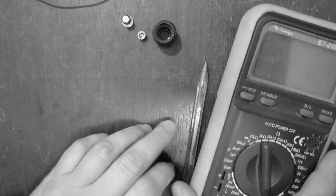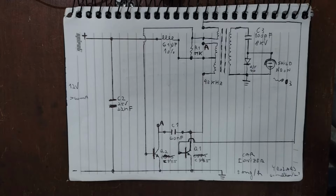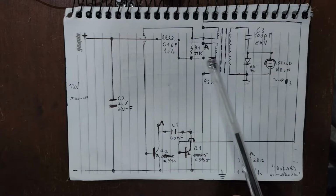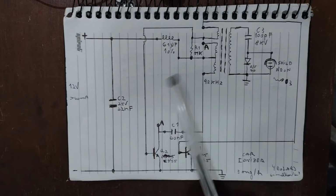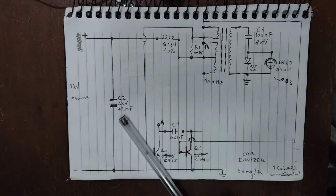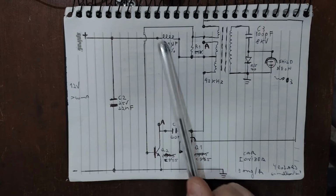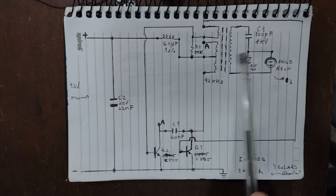About the schematic, it doesn't have a fuse. I'm not too good at drawing, but I'm trying to get better. It's basically a multivibrator with 2 transistors here, except they use the inductor as an oscillator, not only capacitors and resistors like the normal multivibrator. They put a capacitor here, an electrolytic one of 22 nanofarads, to filter the incoming voltage of your car, and